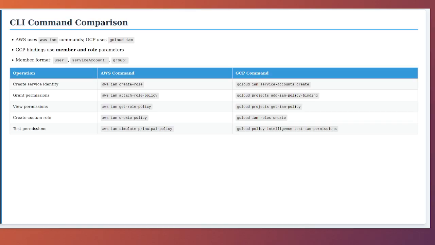In AWS, you use AWS IAM Create User to create an IAM user within your account. GCP does not have an equivalent because Google accounts are managed outside of GCP instead. You manage service accounts with gcloud IAM Service Accounts Create. The key parameters are the service account name, display name for a human-readable label, and project to specify which project